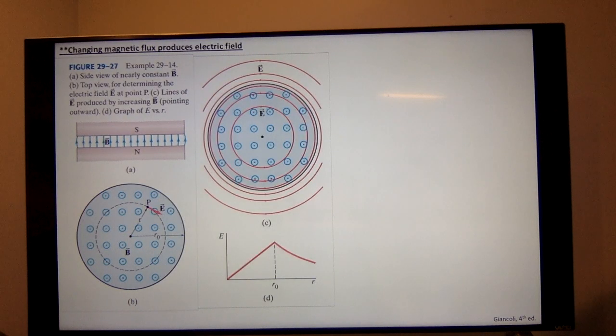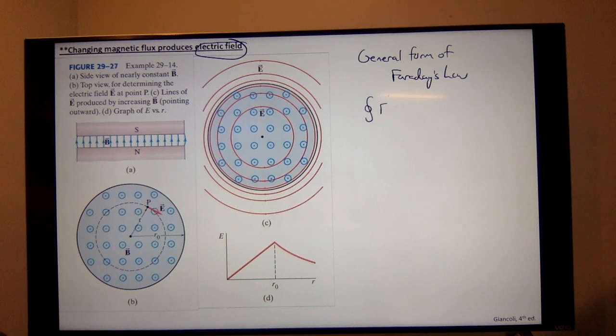Let me point out that in general, this whole concept works. It's not just that changing magnetic flux creates a voltage and a current, but anytime I have a voltage and a current, there's also an electric field there. So we could say that in general, it also creates an electric field. So let me just tell you what the general equation looks like so you'll recognize it later on. So we'll say the general form of Faraday's law